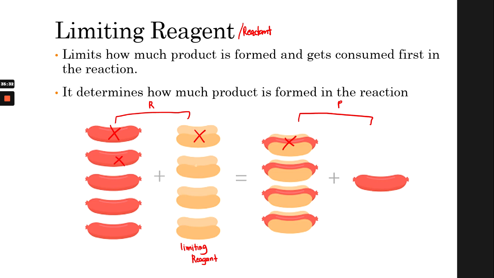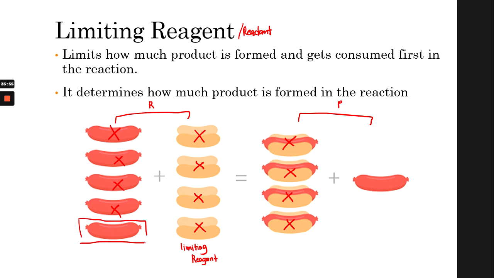Another hot dog and another bun, you create another hot dog sandwich, and so on and so forth. But as you can see, naubos na yung reactant mo. So, one of your reactants is already fully consumed. Naubos na siya. But meron kang natira